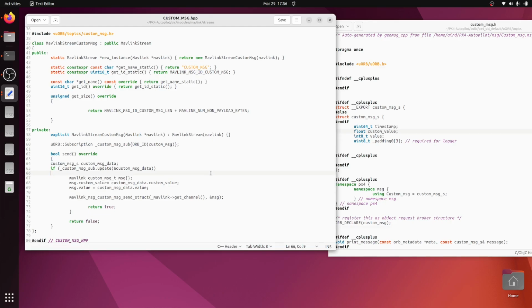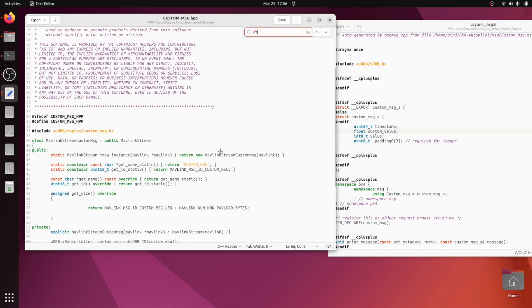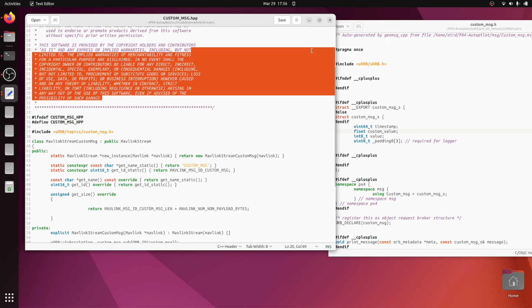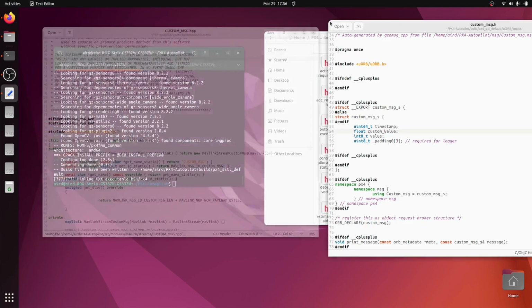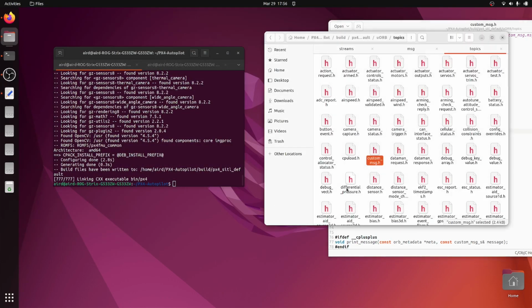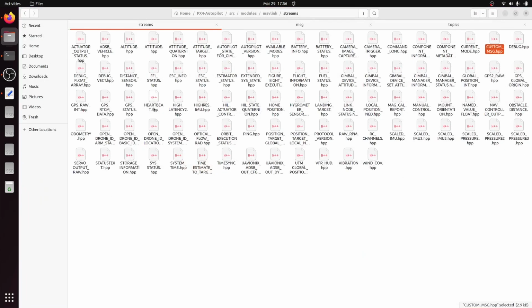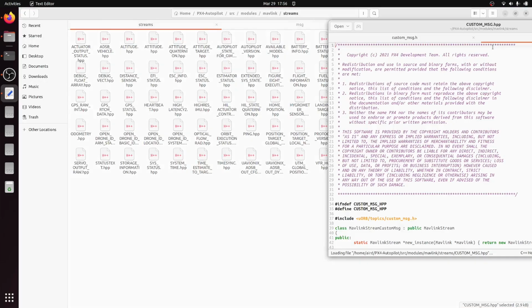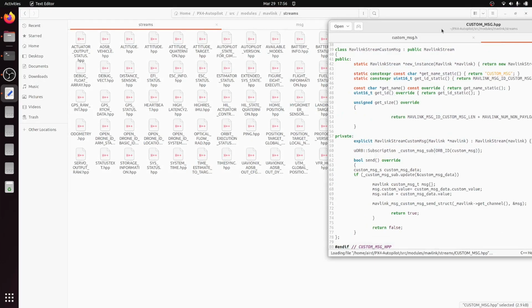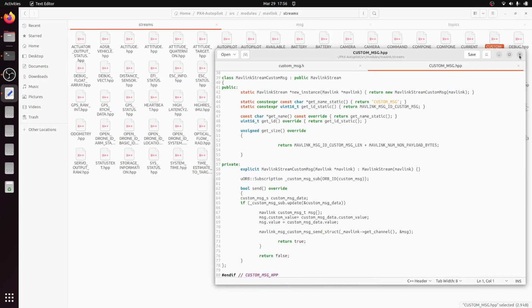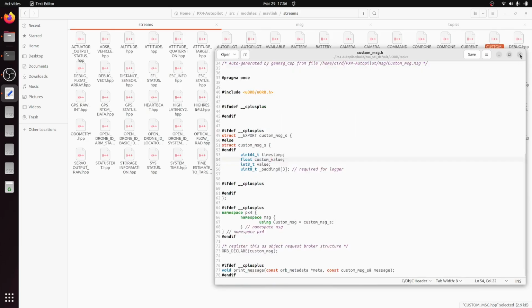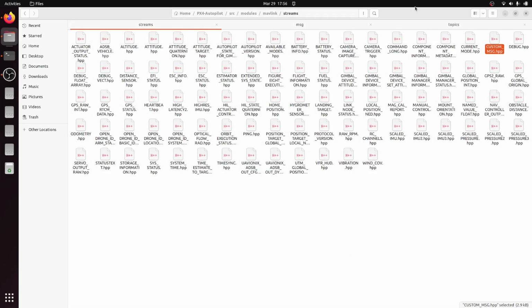Let's save it, and after saving, let's just check if any name is still there, like VFR_HUD, which we forgot to replace, but I think it's not there. Let's close it and move to the next addition. So we have this custom_message.hpp file in the streams. Okay, now what we can do is we have to